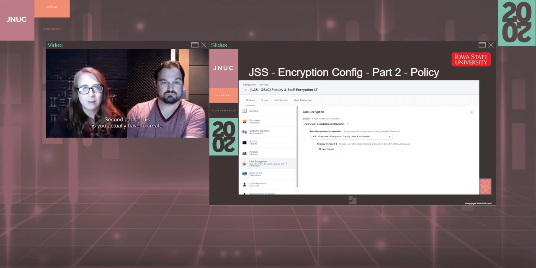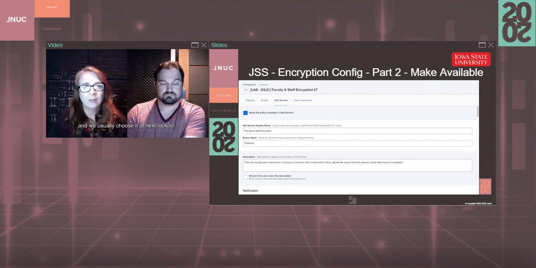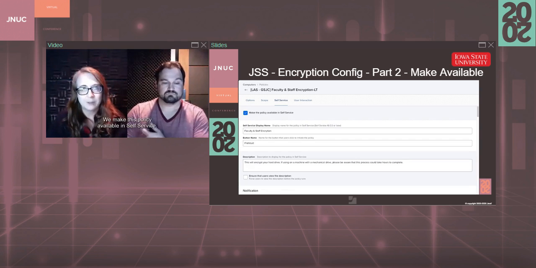Second part of this is you actually have to create a policy to deploy that. We like to put ours in self-service so we have a little bit of control of during which part of the process this actually gets enabled. So you use the disk encryption payload, and you would choose your action to be apply disk encryption configuration and set the configuration that is appropriate for the site. And then you would choose when to require FileVault 2, and we usually choose it at next logout. We make this policy available in self-service,